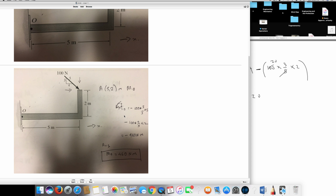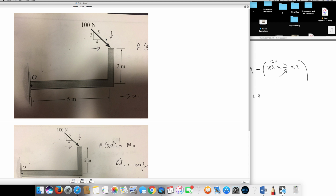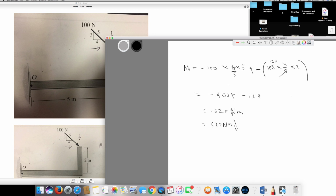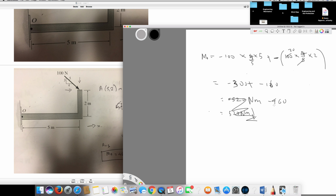So, oh, wait. Okay, minus 100, 3 over 5. Since we are calculating the vertical direction right here, it's sine theta. So this one is 3 over 5, and this is 4 over 5. So minus 20 times 3 is going to be minus 60 times 5, minus 300, and this is 4 over 5, meaning 5 times 20, minus 20 times 4 is minus 80. 80 times 2 is 160, minus 160 minus 460 is our answer. 460 Newton meter clockwise. So that's how we do this one,